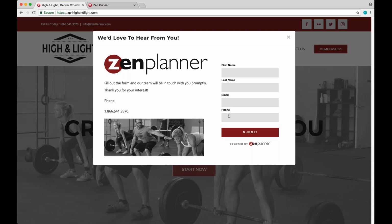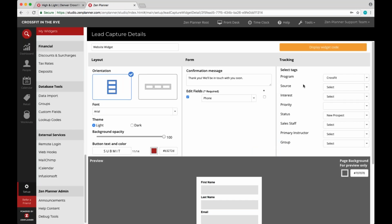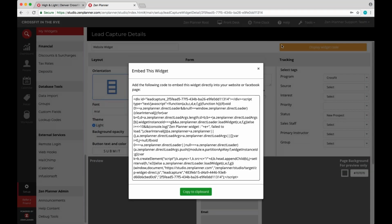Perfect. And so one question we had as far as the lead capture widget is, will it work on other platforms? And the answer, if you can speak to that. Yeah, so like Austin showed, when you go through and make all the changes and settings for your lead capture widget and you're ready to display it on your website, when you click on this button that says display widget code, it's going to populate this